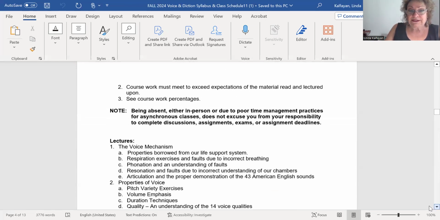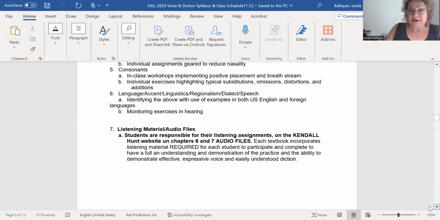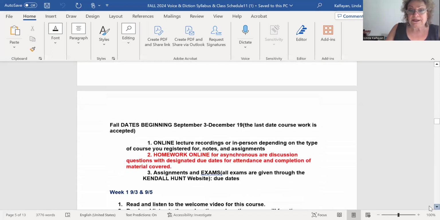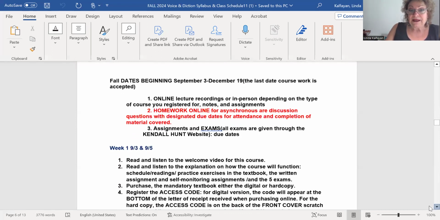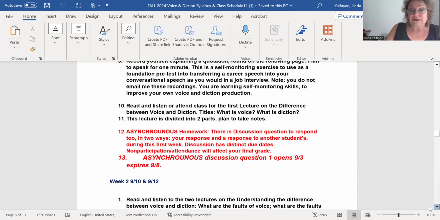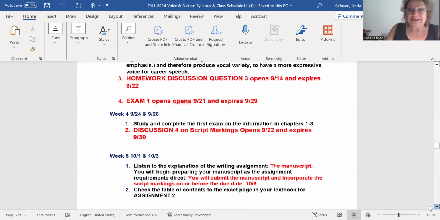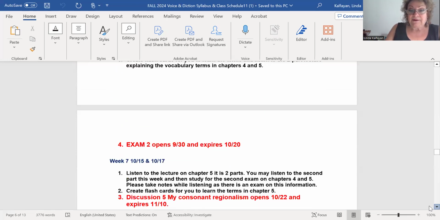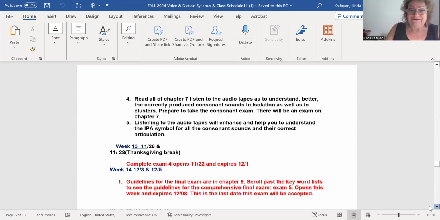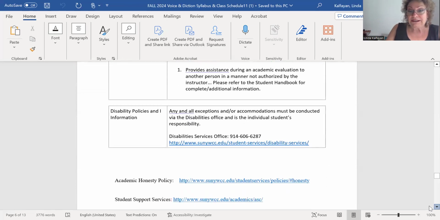So we did go through the discussion. Here's basically what the course is divided up into. You can read on your own. There's listening, as I showed you in the textbook. Everything's in the textbook. And then here are your dates, and you can print out your class schedule and make sure you put it in your phone and ding. But usually your discussions and exams are on the calendar. Hopefully I've put it in right. I think I have. But it's always good to have your own sheet next to you when you're